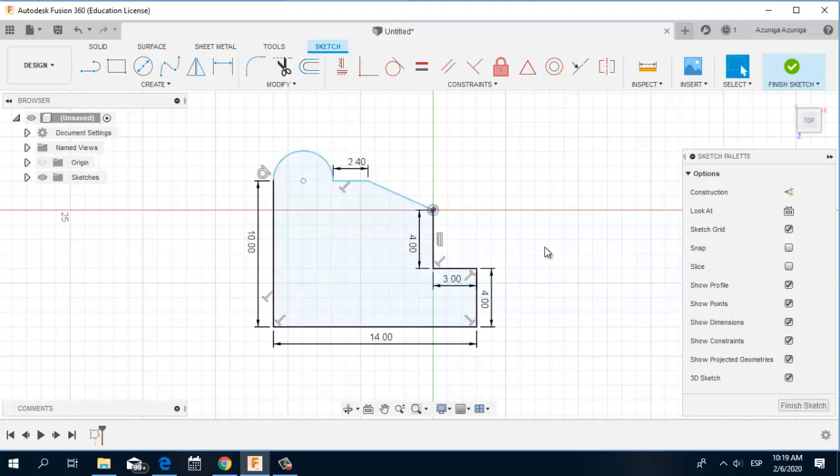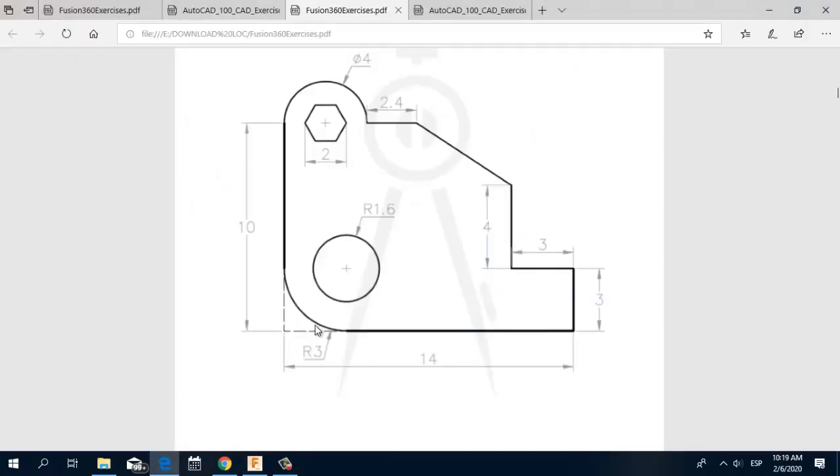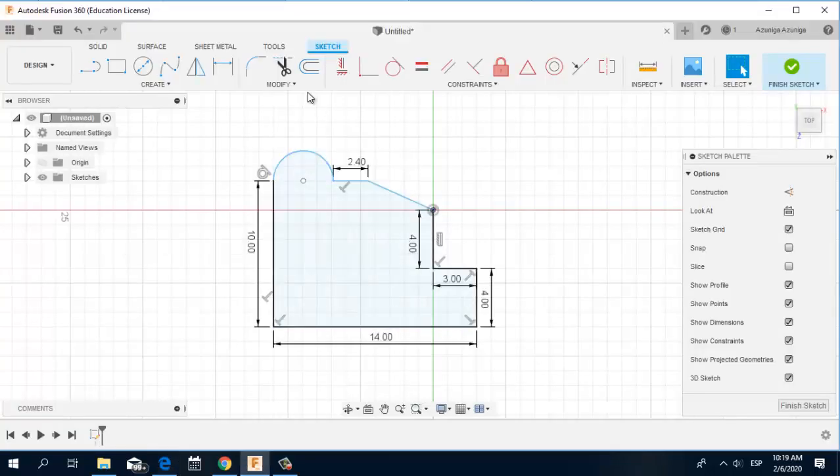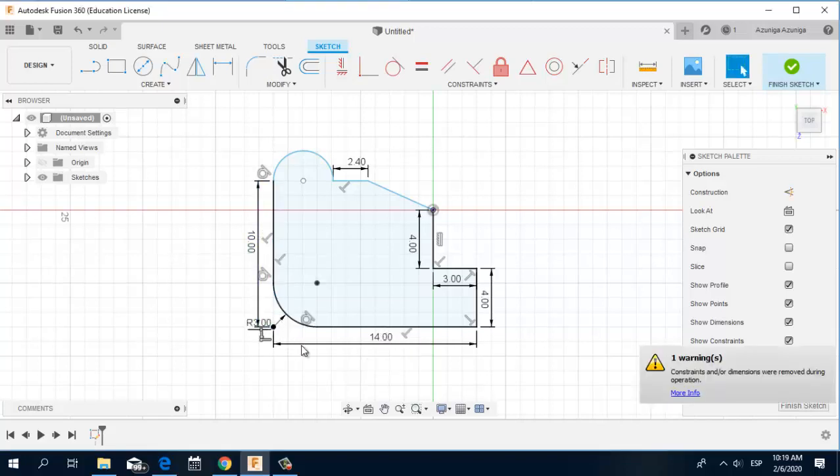I have two things that I need to complete. I need this fillet, which is just a radius. It says radius of 3. So I have an option right here that's called fillet, and I'm going to look right at the corner, and I'm going to establish the size. Press 3, so I have my